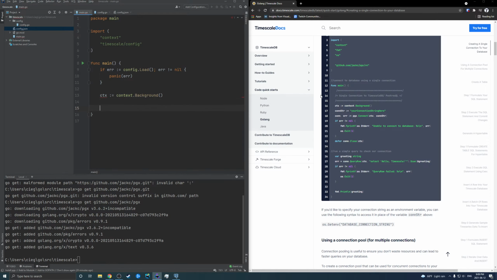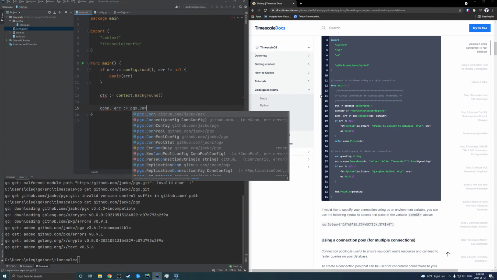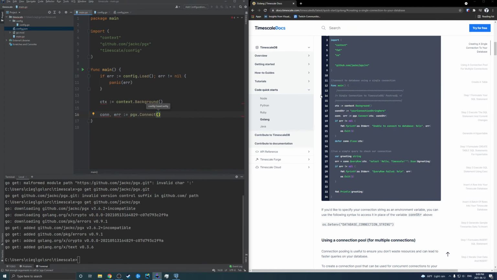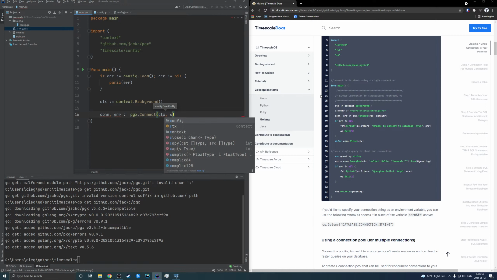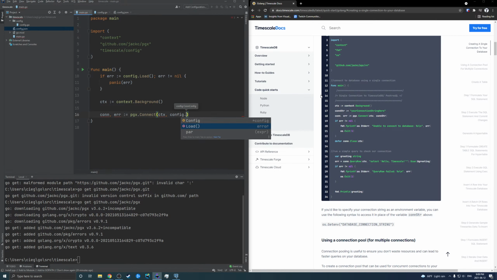Context.background. Then connection error, pgx.connect, context, and config dot